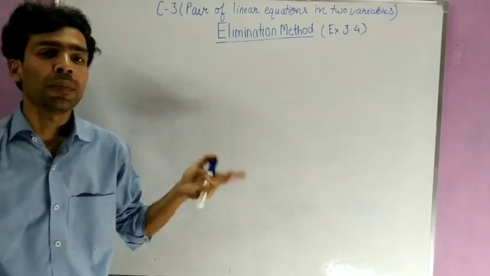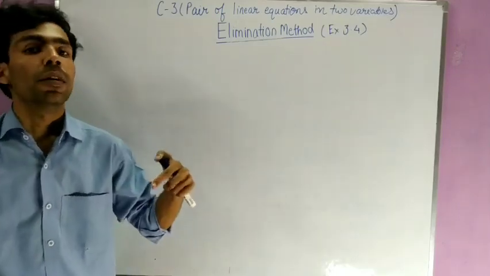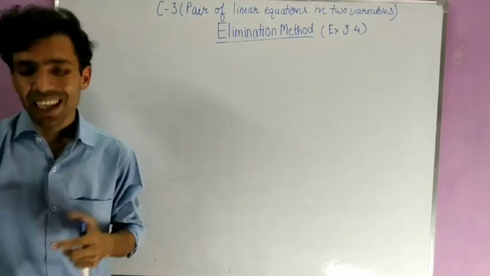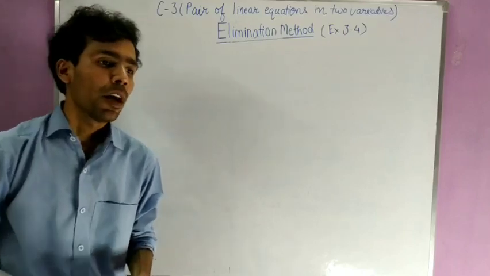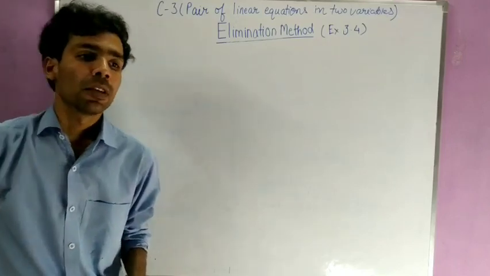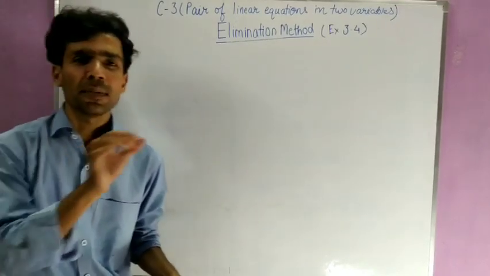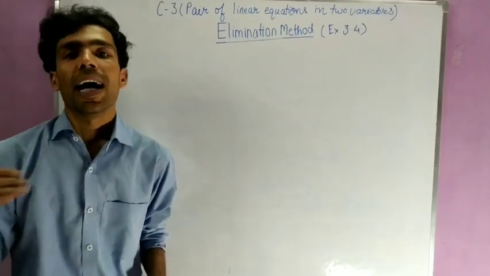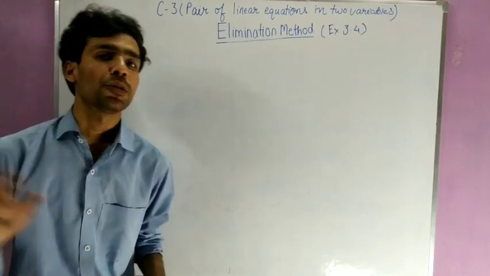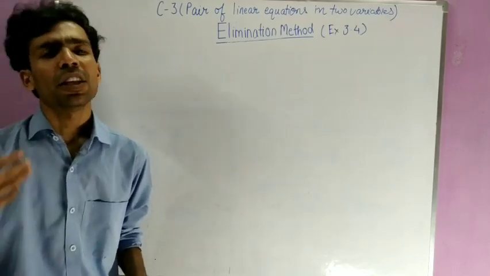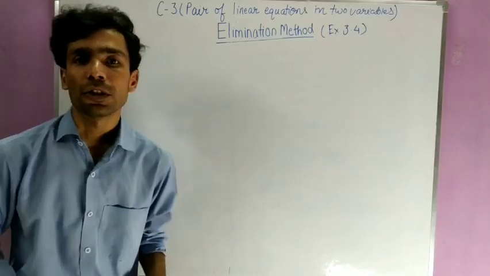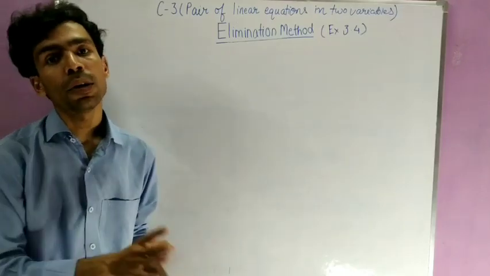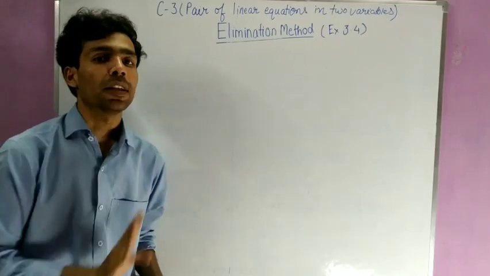You will solve by the elimination method also, and you will solve by the substitution method also. In the exam, suppose a pair of linear equations comes, and only this much is written, that solve the equations. So you can use any one method. Either you will use elimination or substitution or graphical, whatever information is given in the question. But when it is specified that you have to solve by this method only, then you have to apply that method only. Okay.